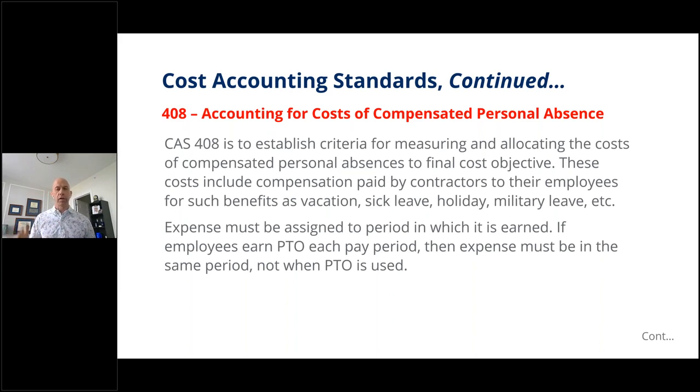Then back in the first quarter of the year, PTO typically falls off, and it peaks again in the summer, right? Kids are out of school, spring break, going to the beach, all that kind of stuff. We see that big peak in there again. Okay, well, what 408 says, and what you should be doing otherwise anyway, is if you have a policy that says people earn PTO per pay period, then you need to figure that out. That's what needs to be listed as an expense. It's when it's earned, not when it's used, okay?